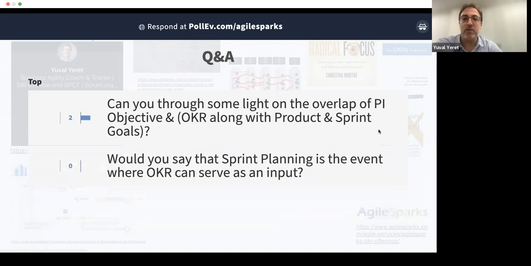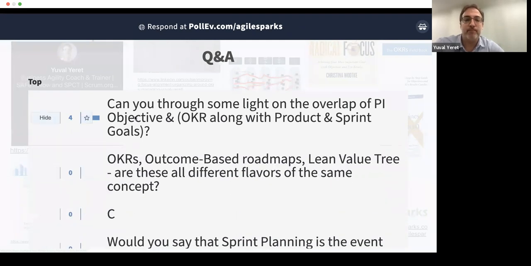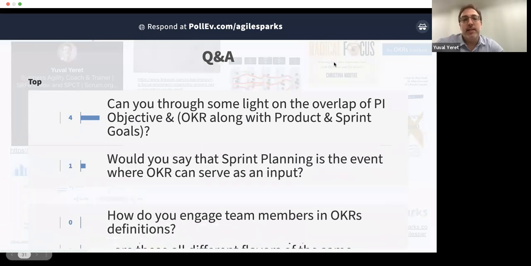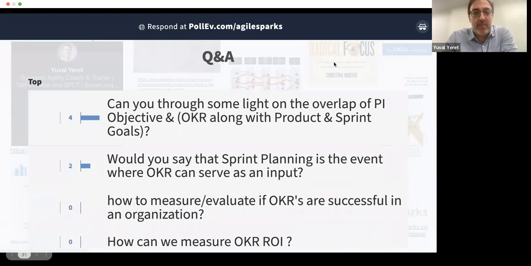And again, please use the link for the questions. That way we can vote on who really wants more answers on a certain question. So I see several people are interested in the overlap of PI objectives and OKRs. I will start talking about that while we see more questions coming in. So PI objectives